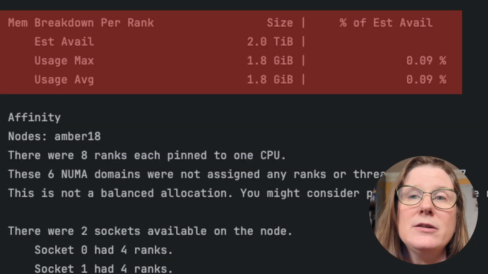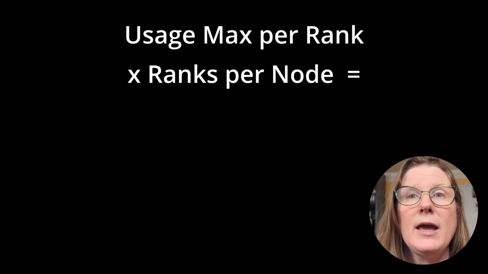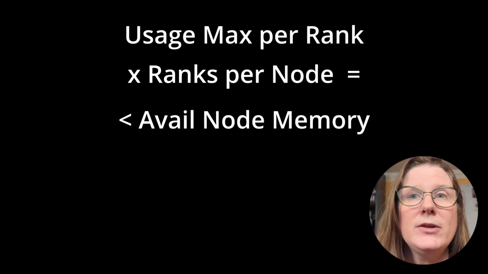Survey gives you the percentage of available memory that your job is using per rank. But what if you want to try adjusting the number of ranks per node? This requires a little bit of arithmetic. Take your usage max per rank and multiply by the desired ranks per node and make sure it fits within